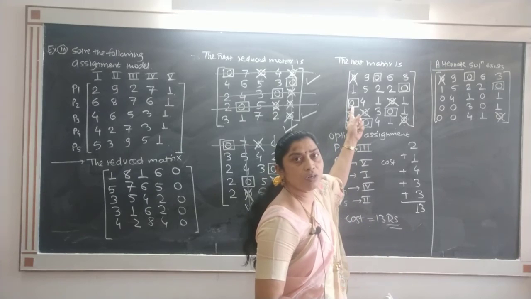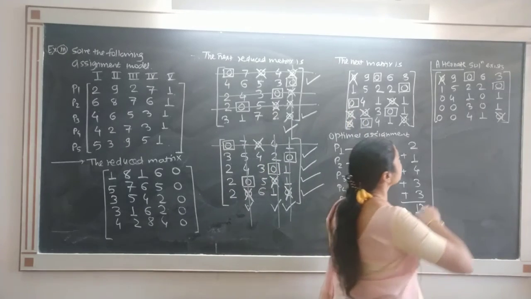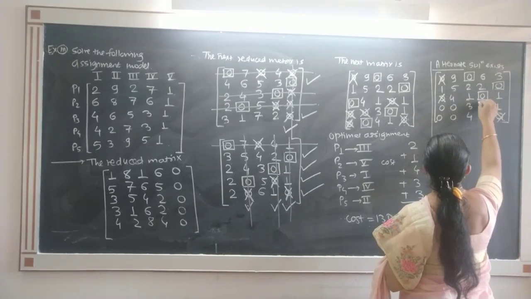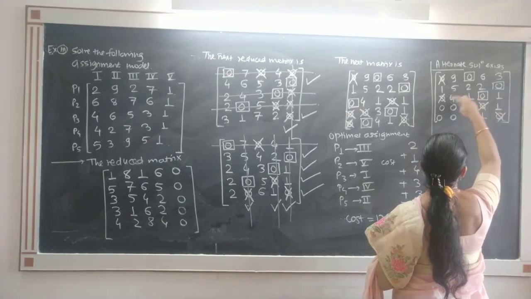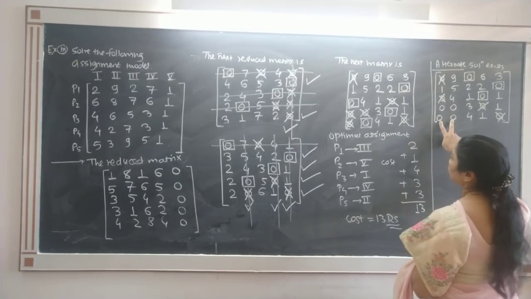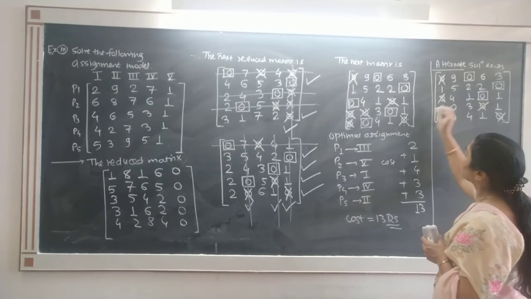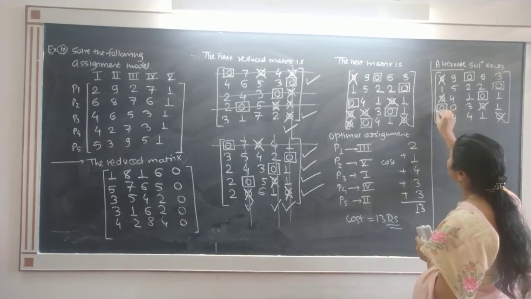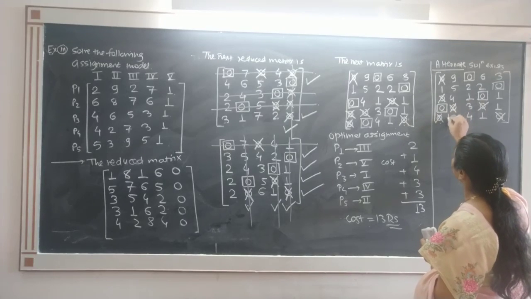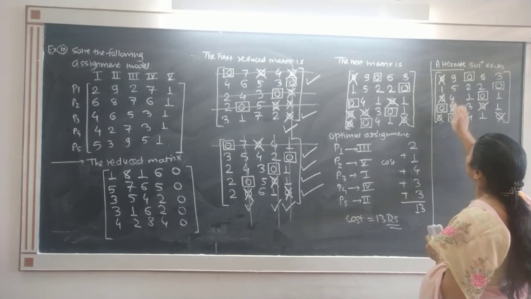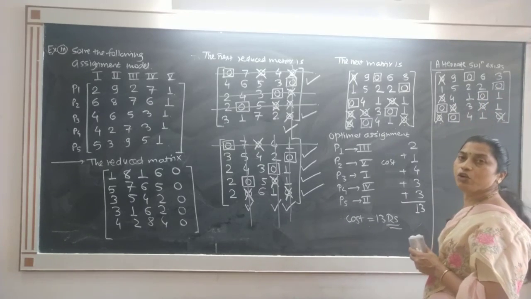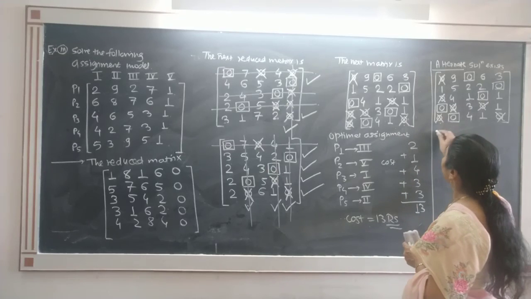Observe, last time we did this one in this row. Now instead of that, I will do this one and cross out this. When you do this one, you have to cross the remaining in that row and that column. Now again there are alternate solutions. See, last time you selected this. Now I will select this one so that this will be crossed out. And this will be boxed. Observe that the number of assigned zeros is 5, that is equal to the order of the matrix. So this is the alternate solution.